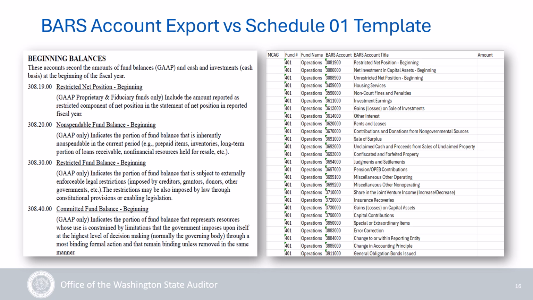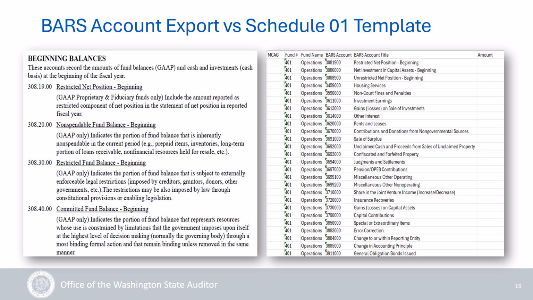Now let's go back and talk about the difference between above and prescribed and just prescribed only. Let's use this image of the PDF to show what the differences are. To file your annual report for a restricted net position, you would need to use the code 308.19.00. This is the prescribed code.